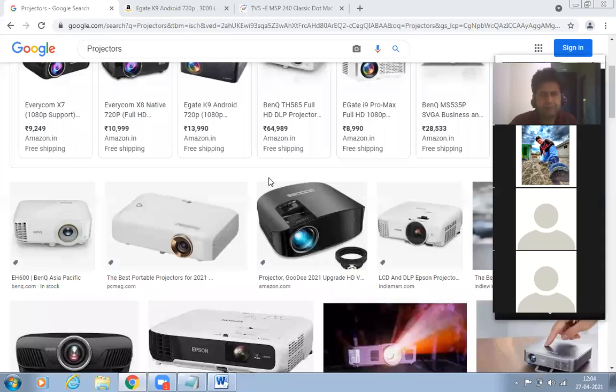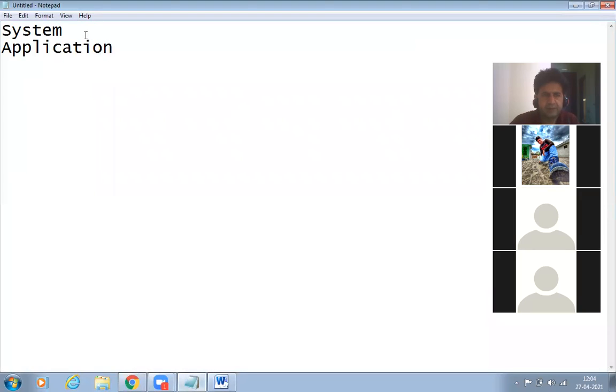Okay, students. In the case of your system software, look here. System software is of three different types.